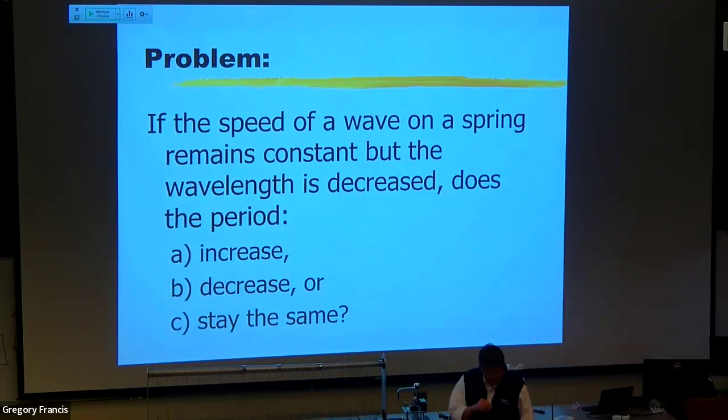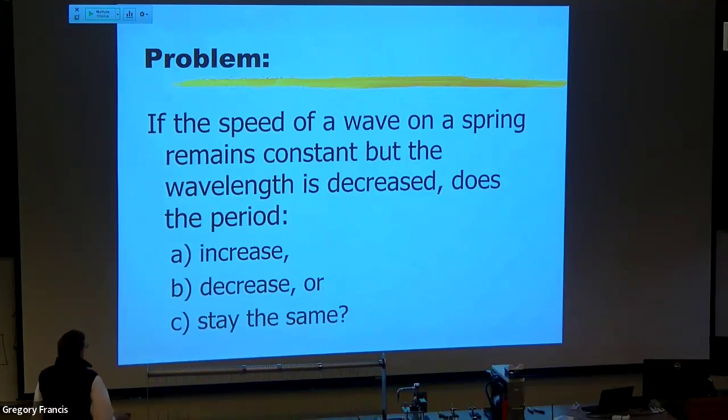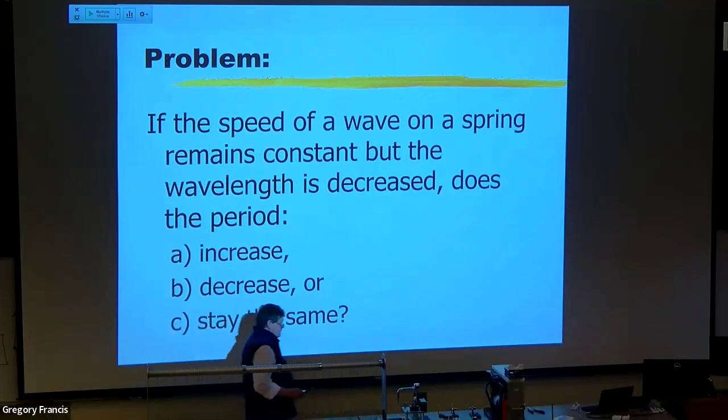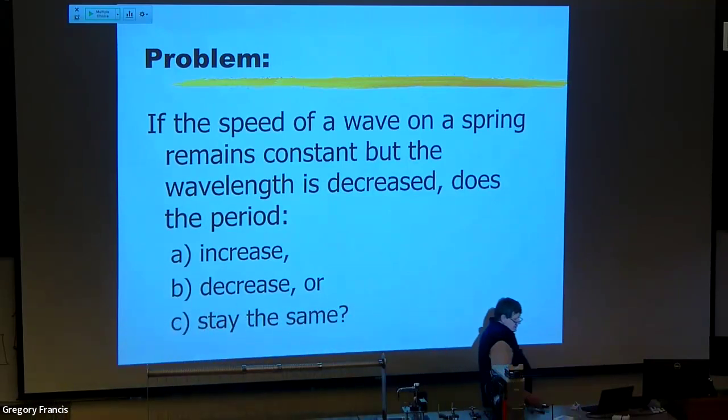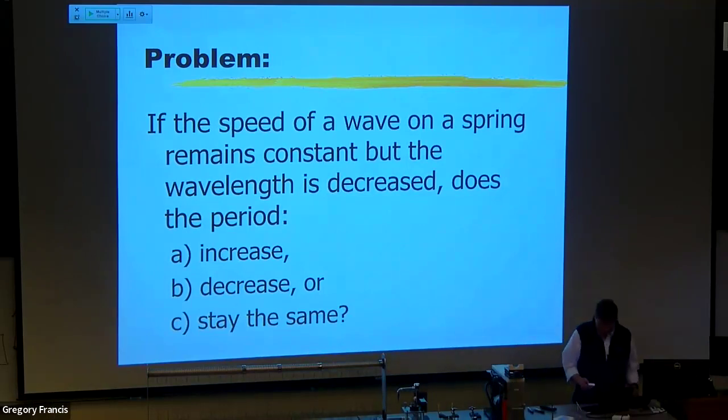Here's another multiple choice question. If the speed of a wave on a spring remains the same, but the wavelength is decreased, made smaller, what happens to the period of the wave? Does it increase, decrease, or stay the same? With your clicker,